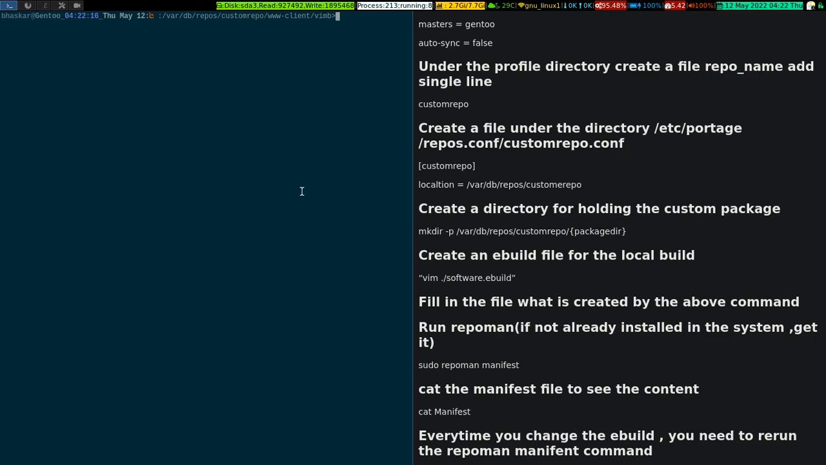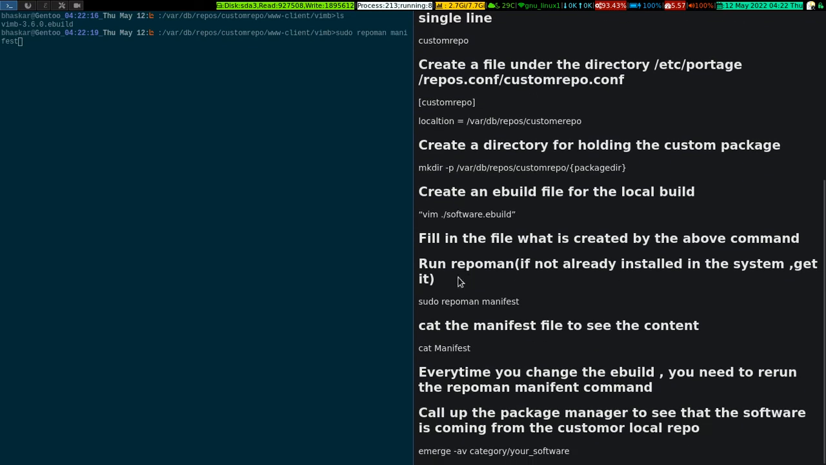So now we have created our ebuild, and now we need to generate the manifest file, right? So for that we need to do sudo repoman manifest. If you do not see what I am typing, see, this is the command you need to run. I've highlighted the command in my notes. So if I run it, it is going to